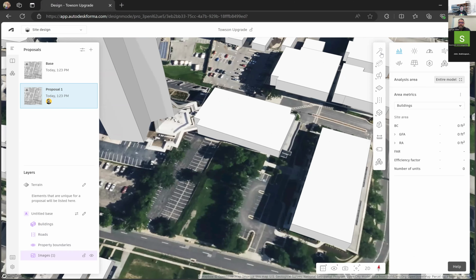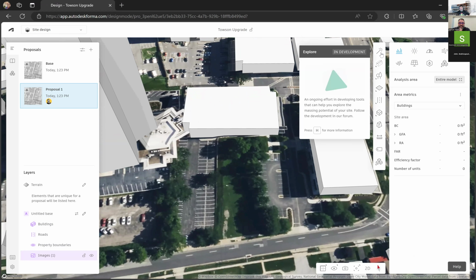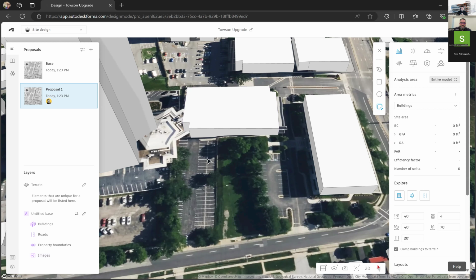Very similar to the InfraWorks process. Yep, exactly, exactly. So the first tool here is this magic wand, and you probably have seen similar tools like this with other software that you're using. And what this does is it starts to incorporate generative AI. And I'm going to go ahead and click on this magic wand here. And essentially what I can do,